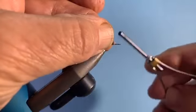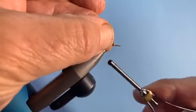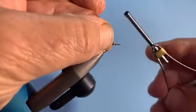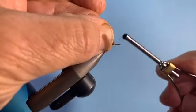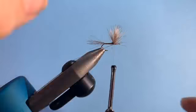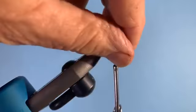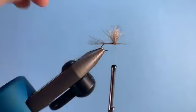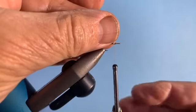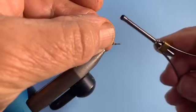And I'm going to wind a little ramp there. I'm going to go back and forth. This just helps you get a nice taper. The thing about these sparkle duns and comparaduns is that you need to have as much thread in front of the wing as you do behind it. And I know this seems like a lot of thread. It's 8/0 thread. It is not going to make the fly any heavier or affect the floating qualities, but you've